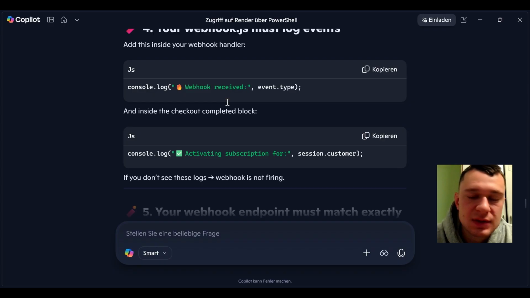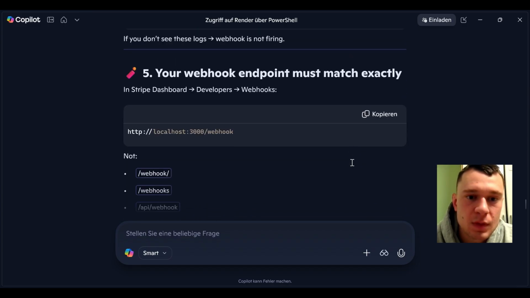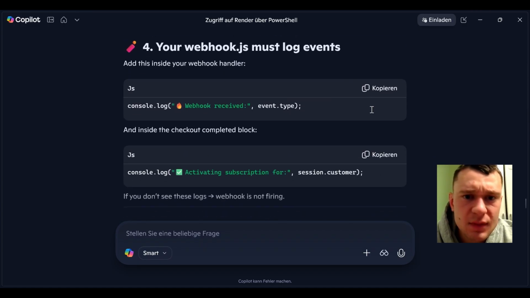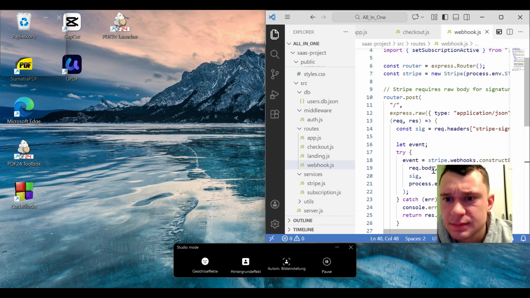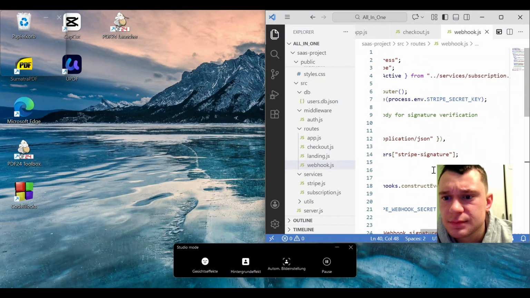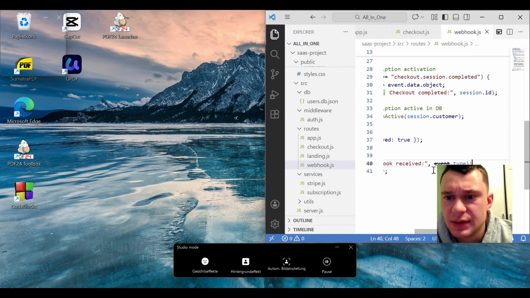And inside the checkout completed block, webhook handler. What is the webhook handler? Is it in the